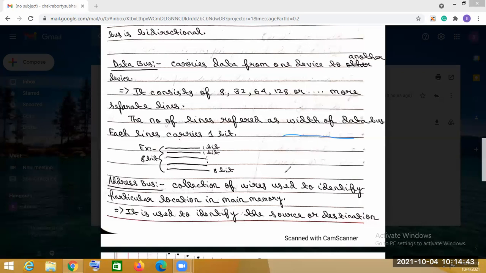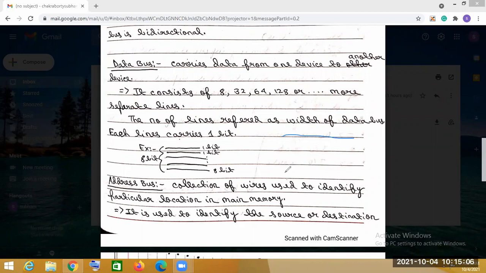But always remember that the width of the address bus is determined by the maximum memory capacity, whereas for the data bus, the width is determined by the number of lines present. This is the difference between the address bus and the data bus.